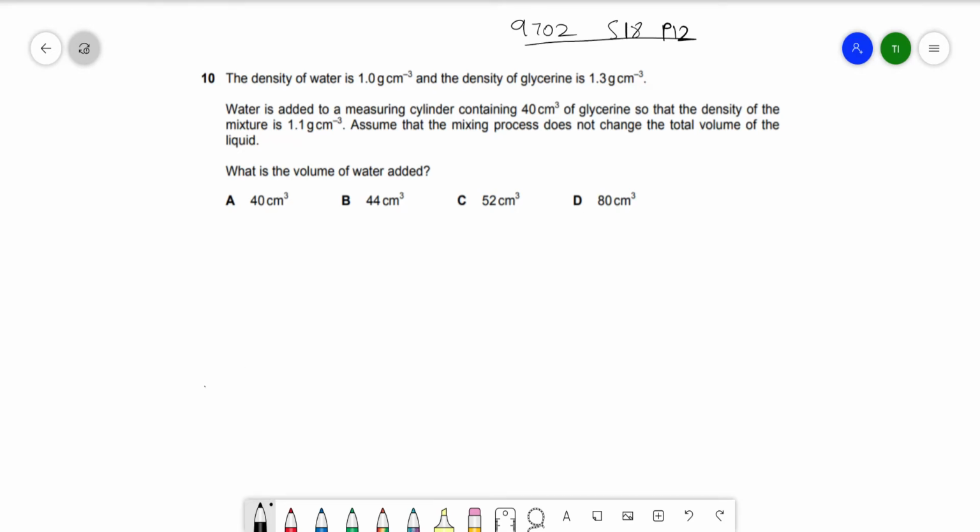Hello everyone. Today we'll be covering CIE A-Level Physics, May June 18, Paper 12, Question 10. This is an MCQ question that was found not correctly answered by the majority of the candidates that sat the exam